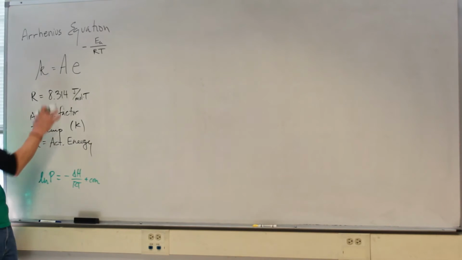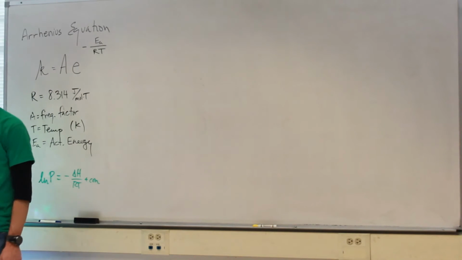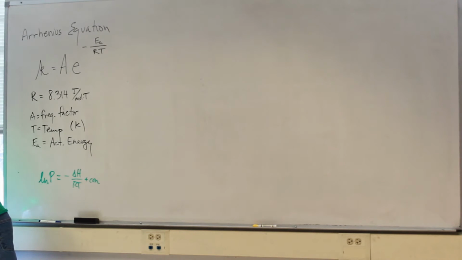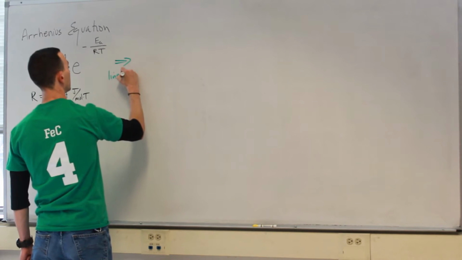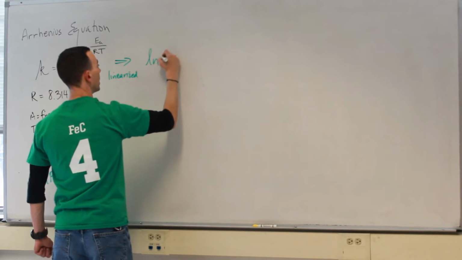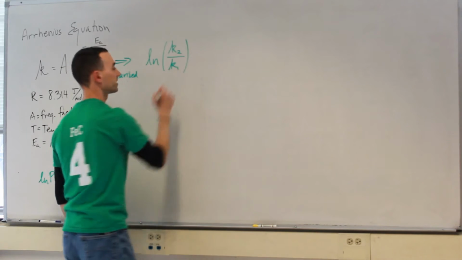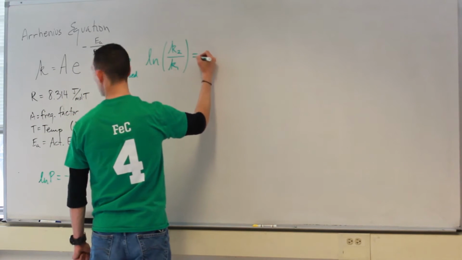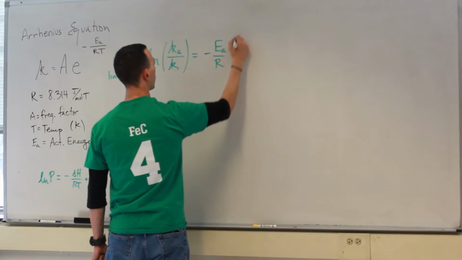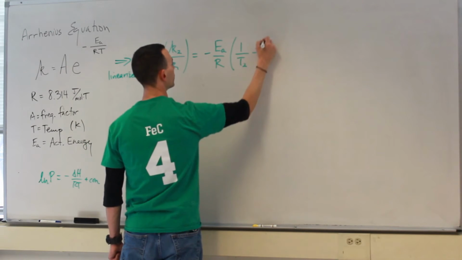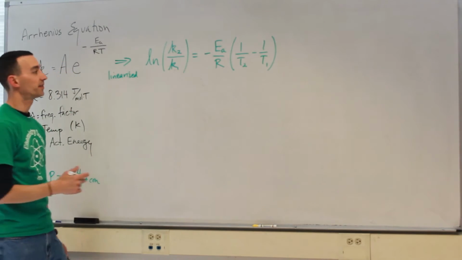We can similarly do something with this equation as well. We can linearize this exponential equation, and it takes on a form that the ln of the reaction's rate constant at a second temperature divided by the rate constant at a first temperature is equal to E sub A divided by R times 1 over T2 minus 1 over T1. Okay. And so if we have 2 points,